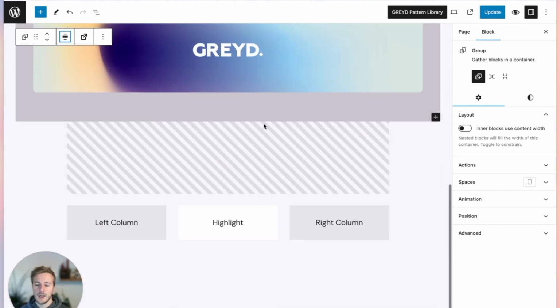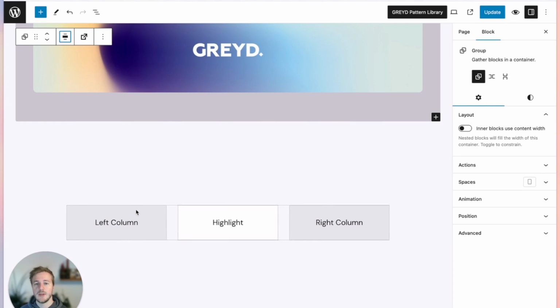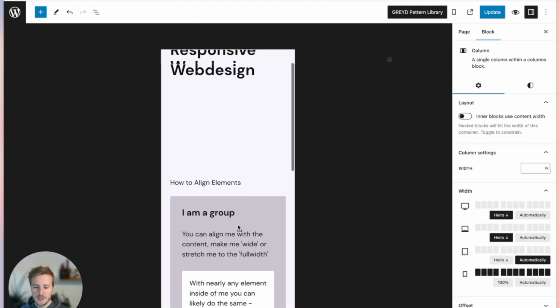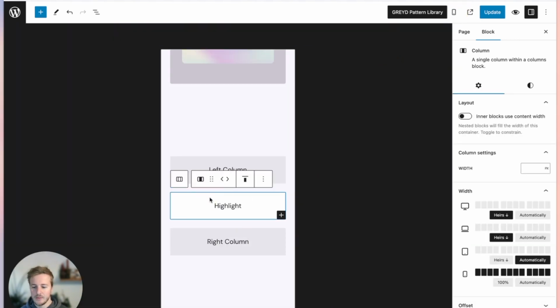One last thing I want to highlight today is column behavior, and column behavior especially inside the Greyd.Suite, because we took the core columns and built a bootstrap grid inside of them. So for example, I have these 3 columns and they're looking really nice. And on mobile, if I go down to that breakpoint, actually this highlight one, it could be a highlight product, could be whatever. I want this to be the actual most important thing,